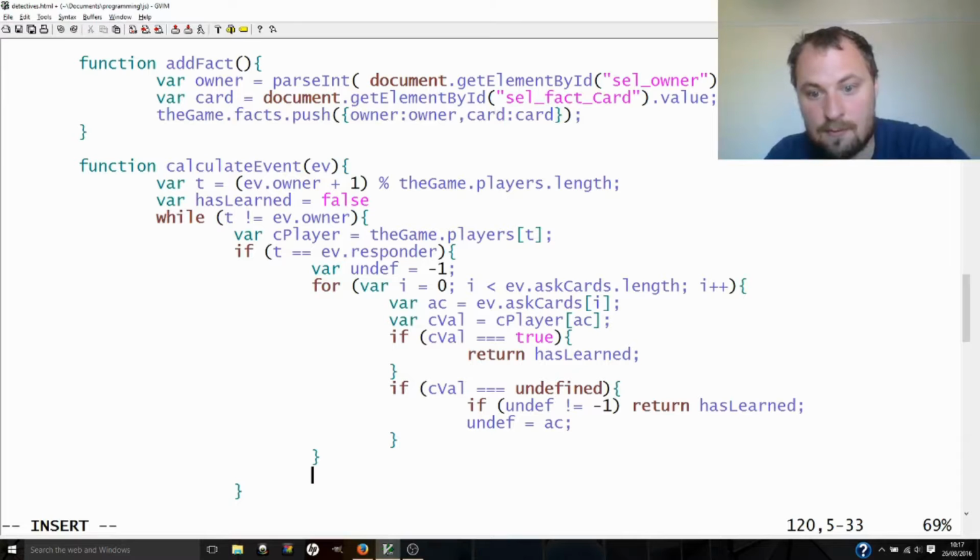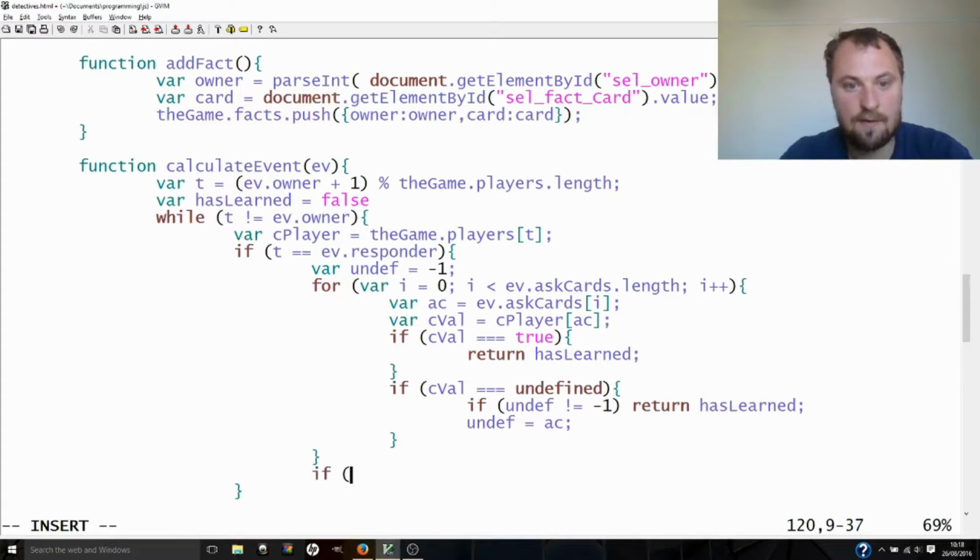So the first time we make an undefined, we put it in there, but the second time we find an undefined, we just leave the function. So if there is one undefined, and actually, no, we do need to check what undefined is, because if undefined here equals -1, we don't do it. But if undef does not equal -1,